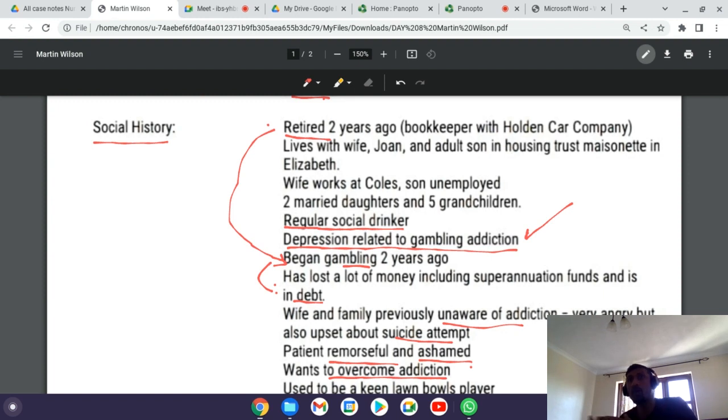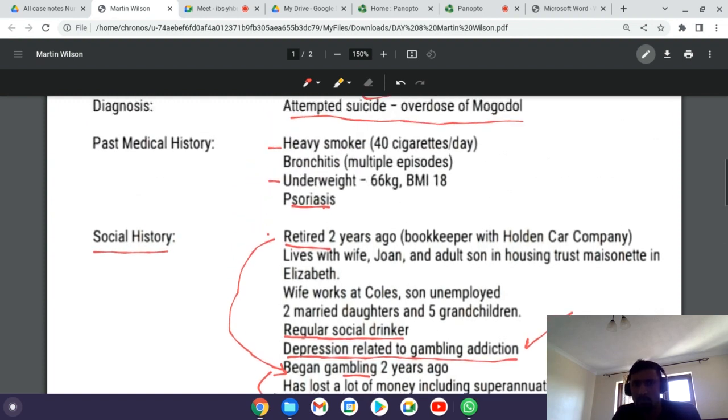the first paragraph. Then you write the less priority information in the second paragraph. You can directly say this is the other social history. So the patient lives with a family, and the son is, if you want, you can write about the debt, or you can talk about how he is a regular social drinker, and about whether the patient has cigarettes,